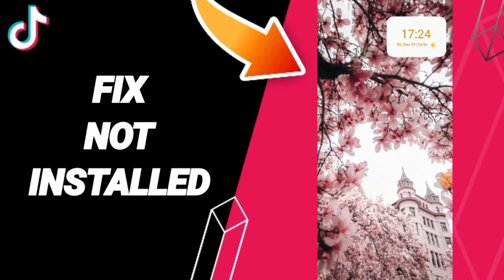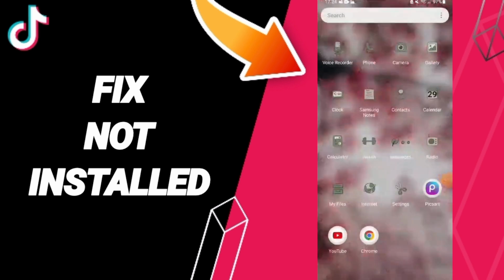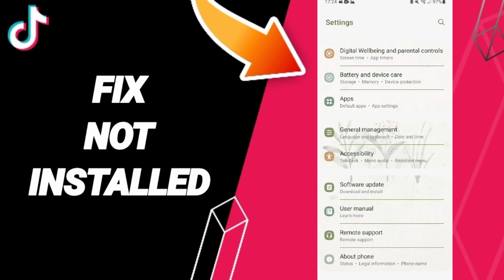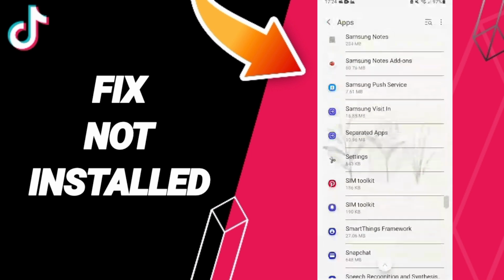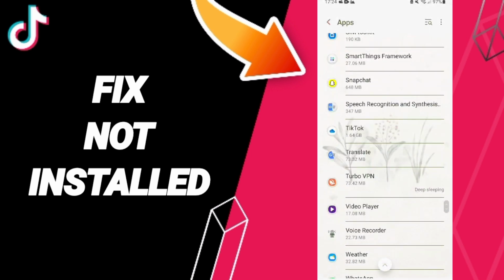Hi guys, today we'll talk about how to fix or how to solve "not installed" on TikTok. To know how to fix it, you should just go to settings. After that, you can click on apps, default apps, app settings. Here in this list, you'll enter the app page of TikTok, and you can click in